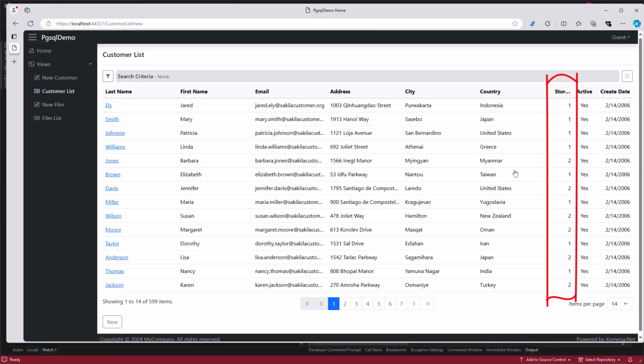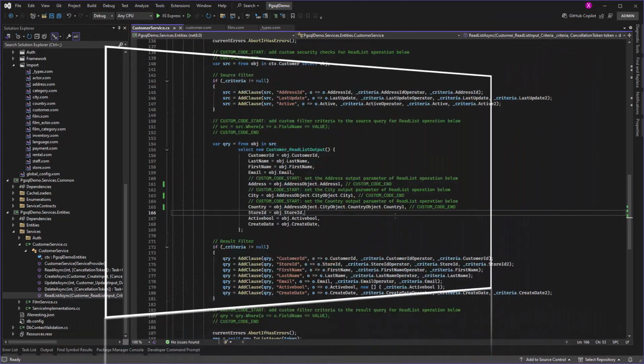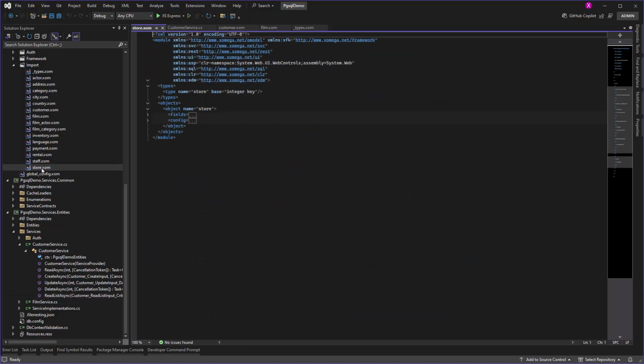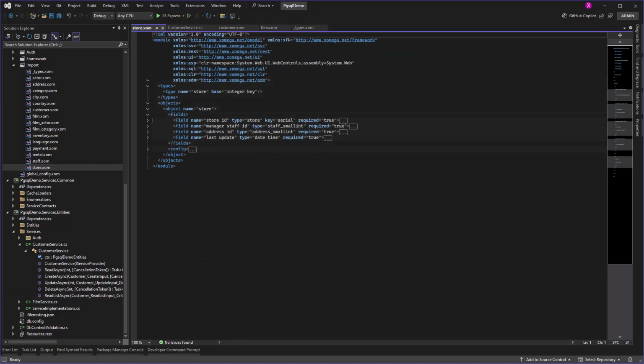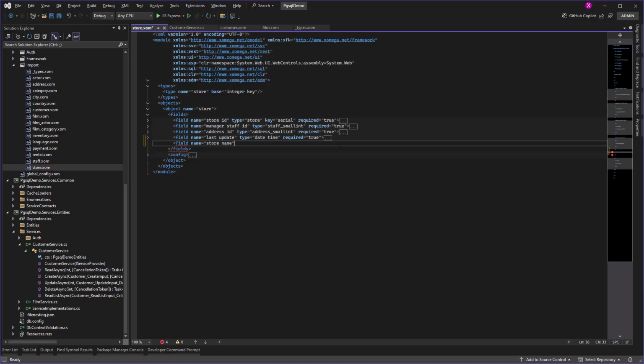Normally though, it would be better to show something more user-friendly to indicate the store associated with each customer. However, for some reason, the store object in our sample database doesn't really have any identifying user-friendly field to display there. All it has is just a bunch of IDs and the last update timestamp. So why don't we go ahead and add a new field that I'll call store name. Typically you want to define a dedicated logical type for this, but for simplicity I'll use one of the existing imported types, string20. I'm also gonna make it required to show you what happens when you add a required new column to an existing table.